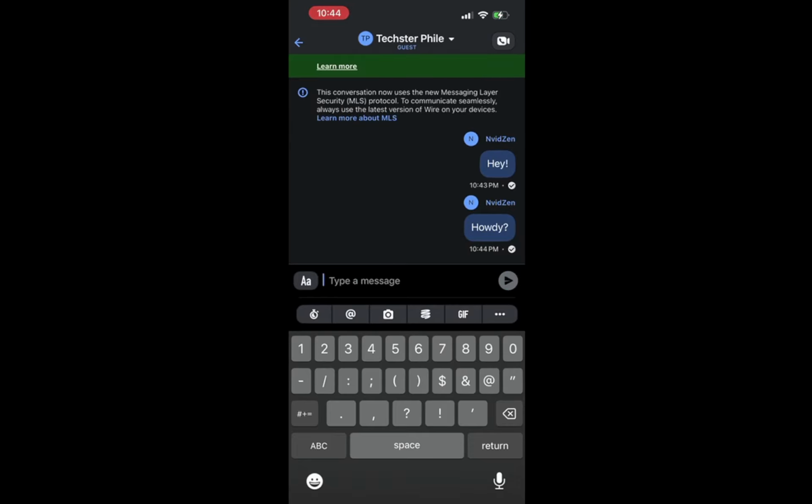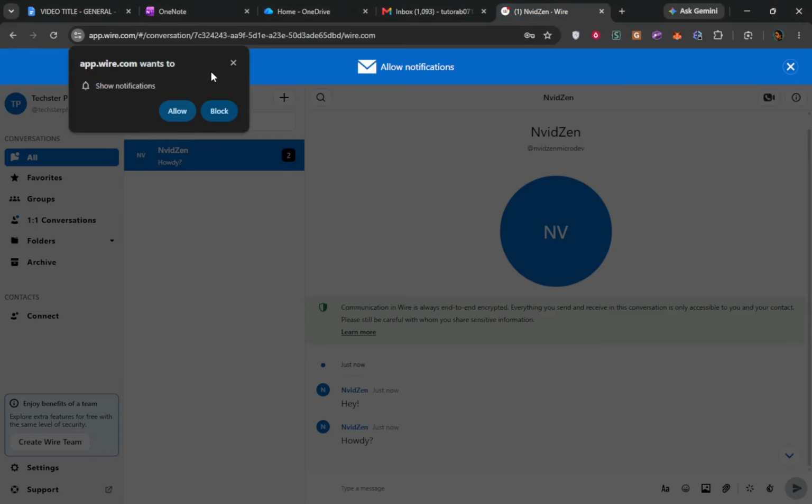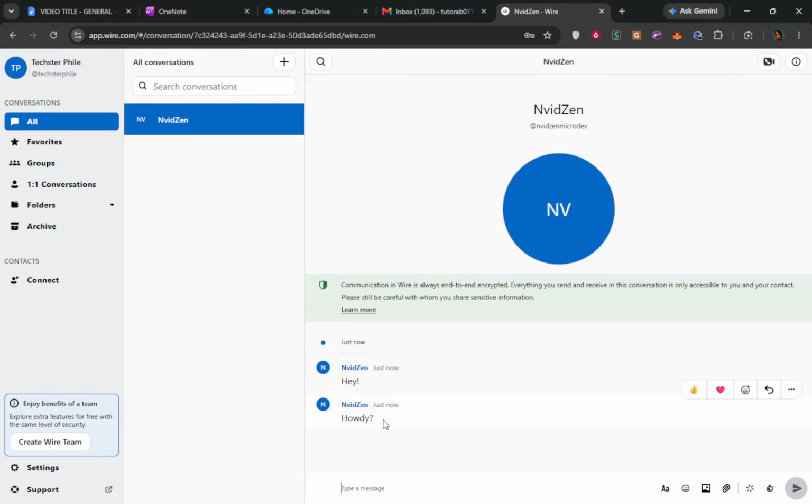After you have finished typing your message, it is time to tap the Send button to deliver your message securely. You will notice that the message is sent instantly and a confirmation appears. This quick delivery is reassuring, showing you that your message has been securely dispatched. It is comforting to know that your words are protected by Wire's strong encryption.